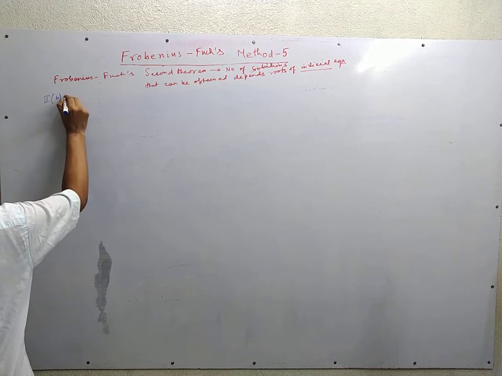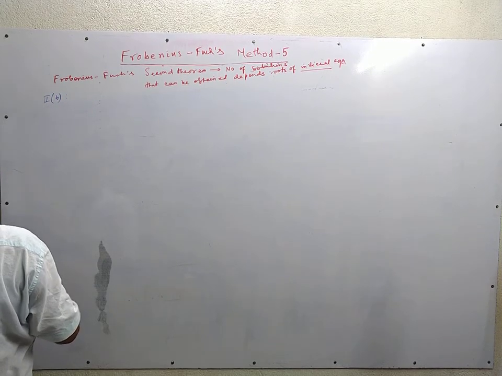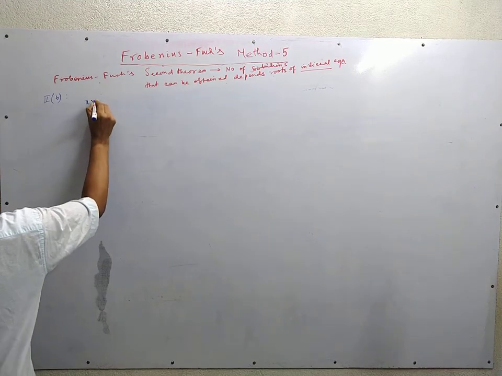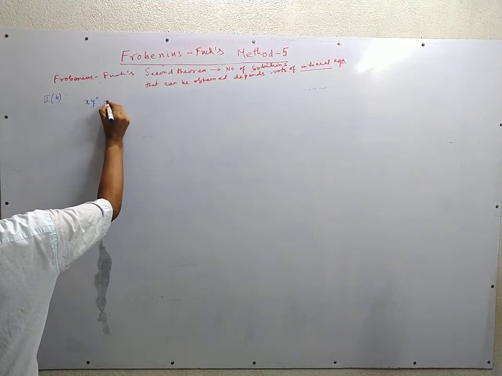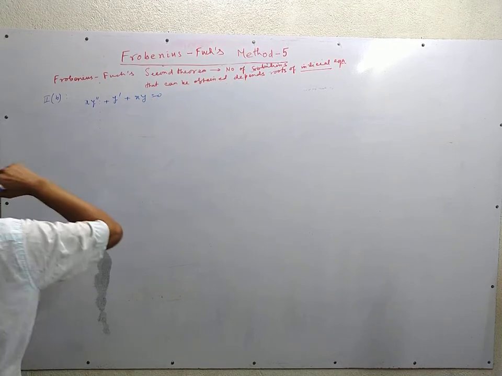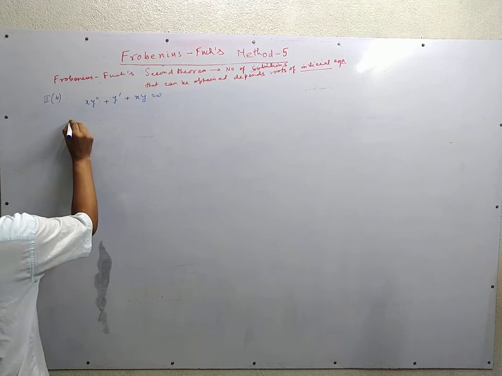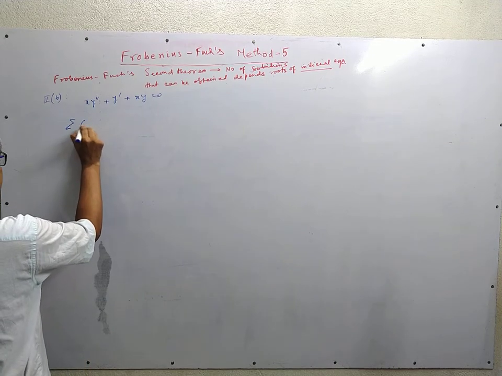Examples on Theorem-II. The first is xy double prime plus y prime plus xy is equal to 0. Here x is equal to 0 is a removable singular point, so we write the solution as summation of ck